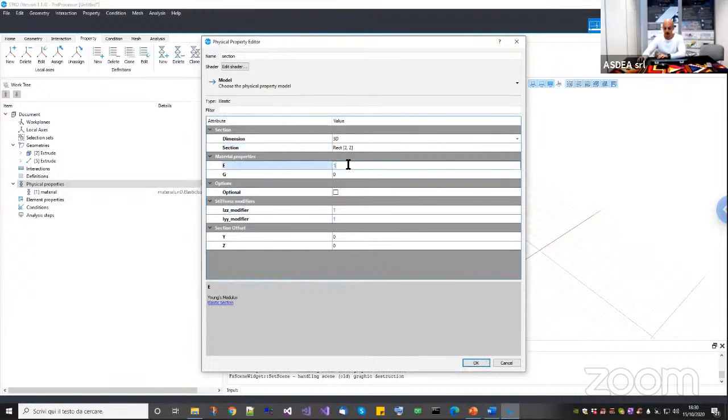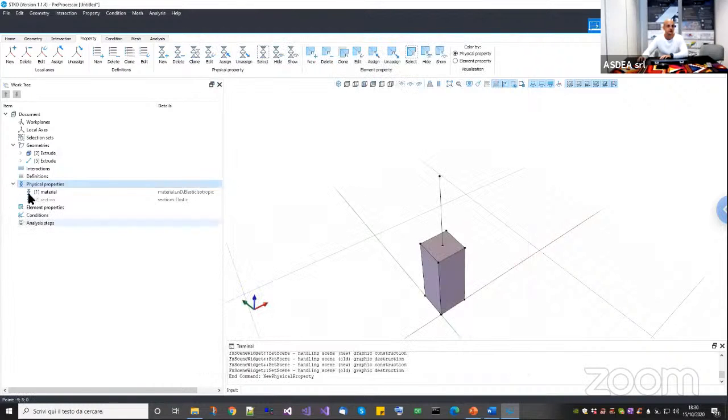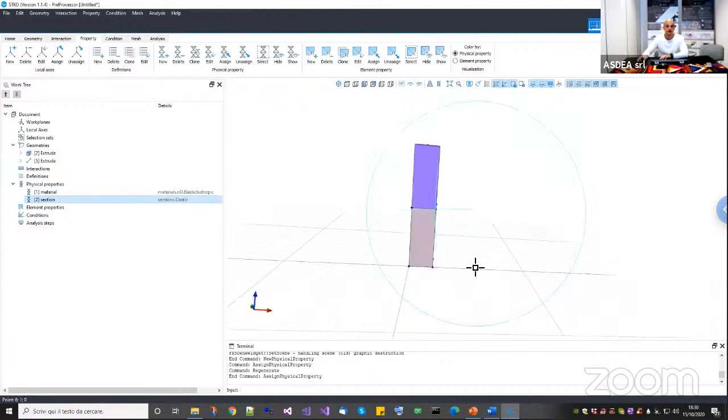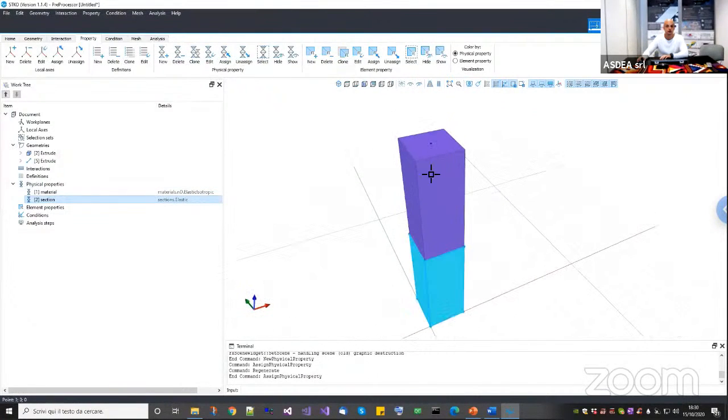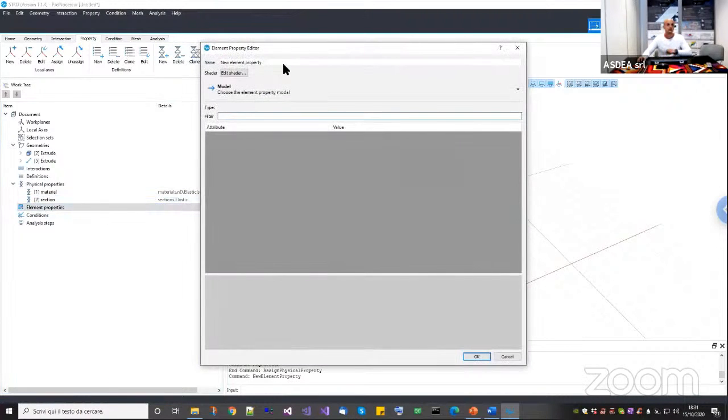So this is fine. 1000 here, and 416 the shear modulus. This is fine, I can drag and drop it onto the beam. Okay, so as you can see, basically they are the same, but one will be modeled with solid and the other with beam. Element properties, so I need two elements here, one for the solid,